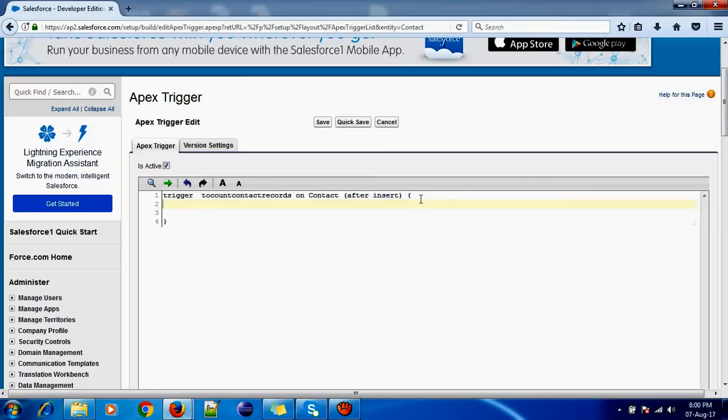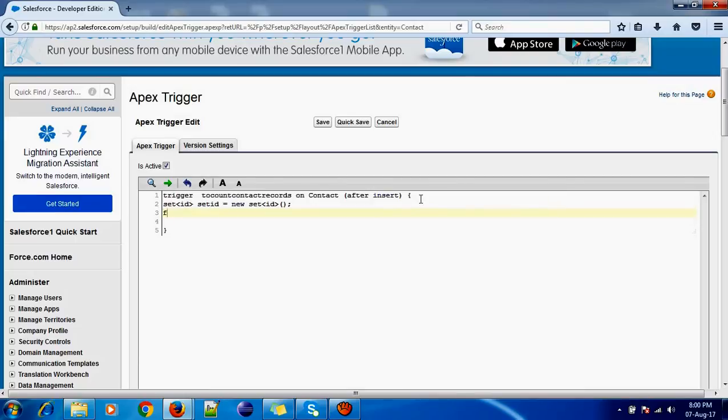Now first I will take a set of ID. We'll name it setID is equal to new Set of ID. So here the set is created.